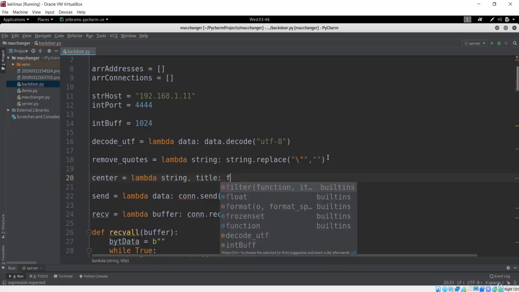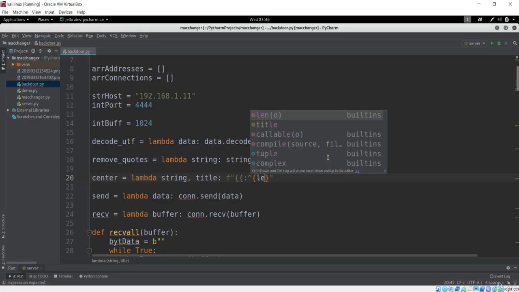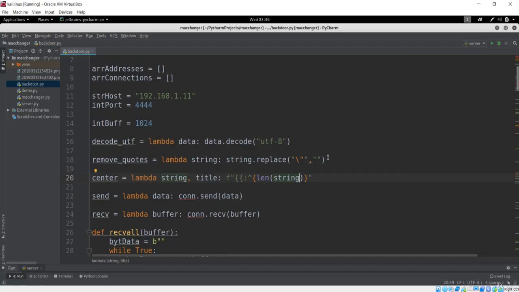The things that we are going to do over here are with this f, and this is basically formatting. F is for formatting, and now I want to give this double quote, and this means we're just using this to give the length to the string. So let me write real quick over here. I'm just getting the string, and after that I'm just formatting it to the center with this title.